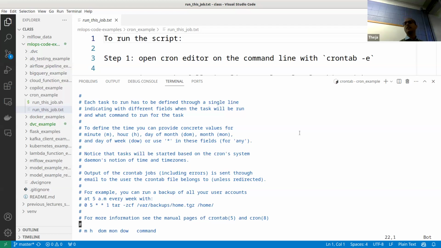So when you open this file, it also gives you a bunch of comments. Anything that starts with this hash is a comment, and it tells you how to schedule something. So you can read this line, right? For example, if you want to run a backup of user accounts on your machine, let's say every user has something like /home/Teja, and you want to run it at a specific time, like 5 a.m. every week. Okay. So the first 5 fields, which are generally numbers with a space between them, with some star and numbers, specify the schedule, when you want to run this program, and then what is the program you're running.